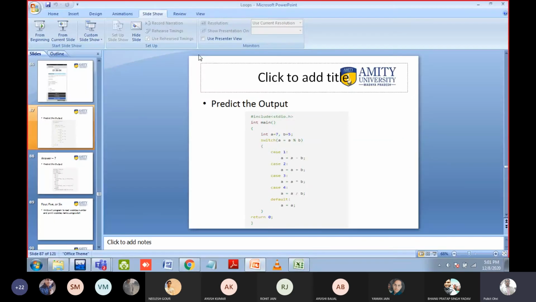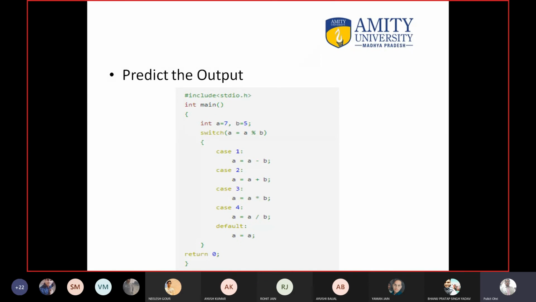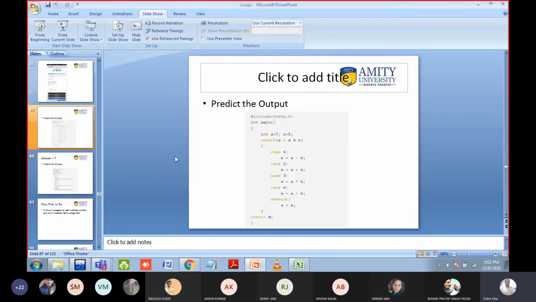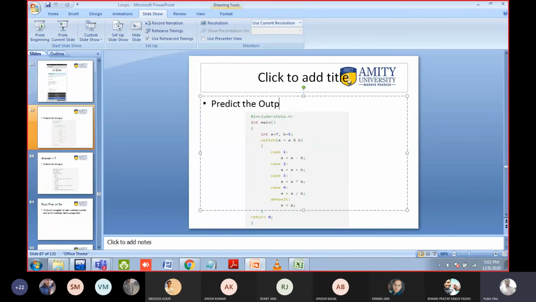If there is an issue, just tell me. Yes, I need to write here: predict the output, or you can say predict the final value of a. Okay, I hope it is fine.